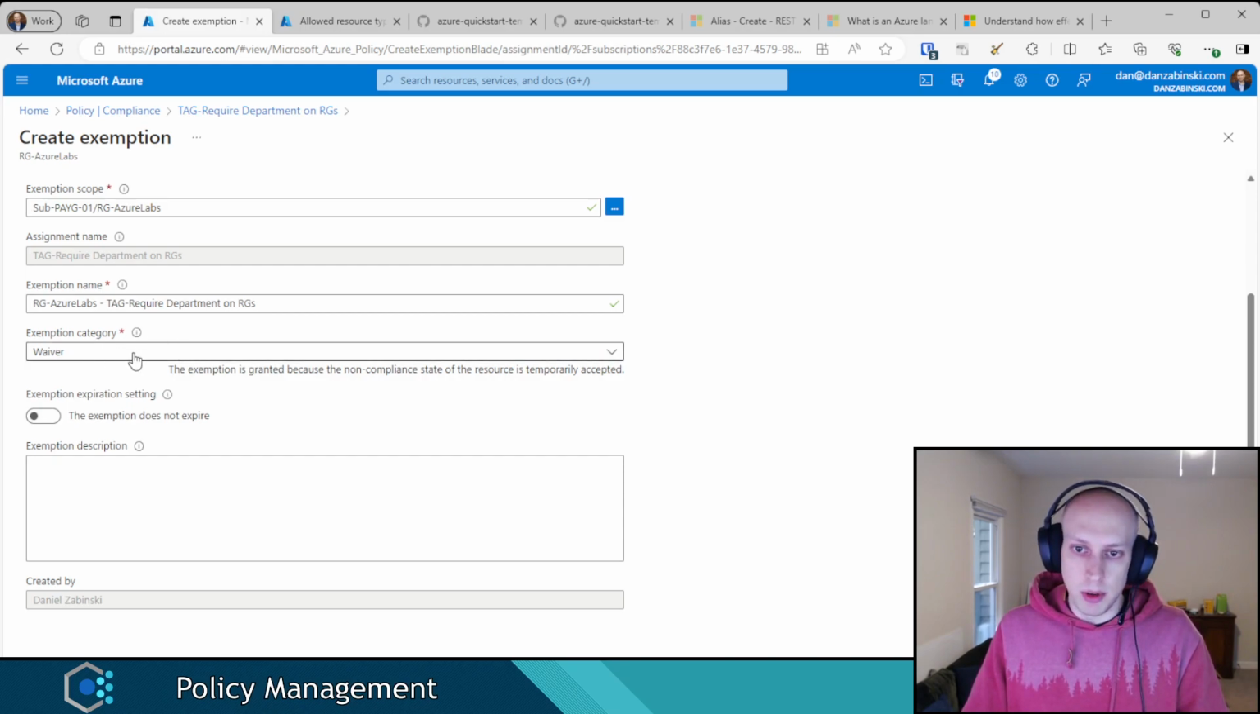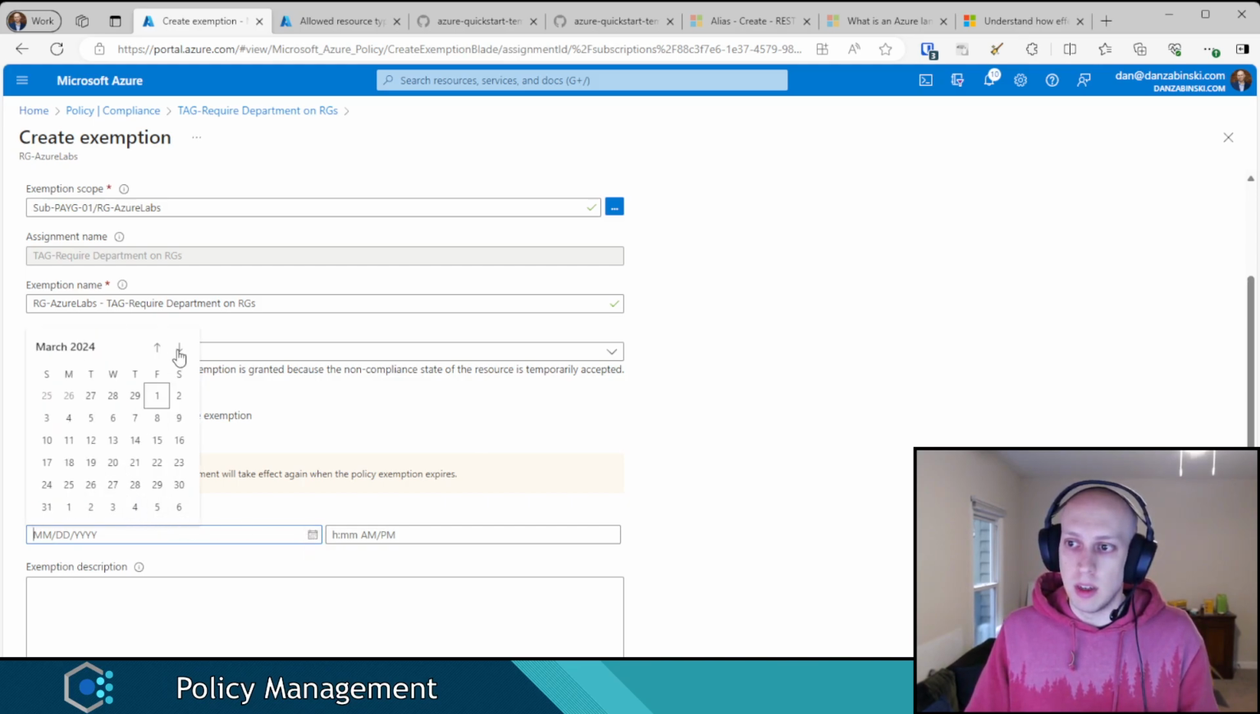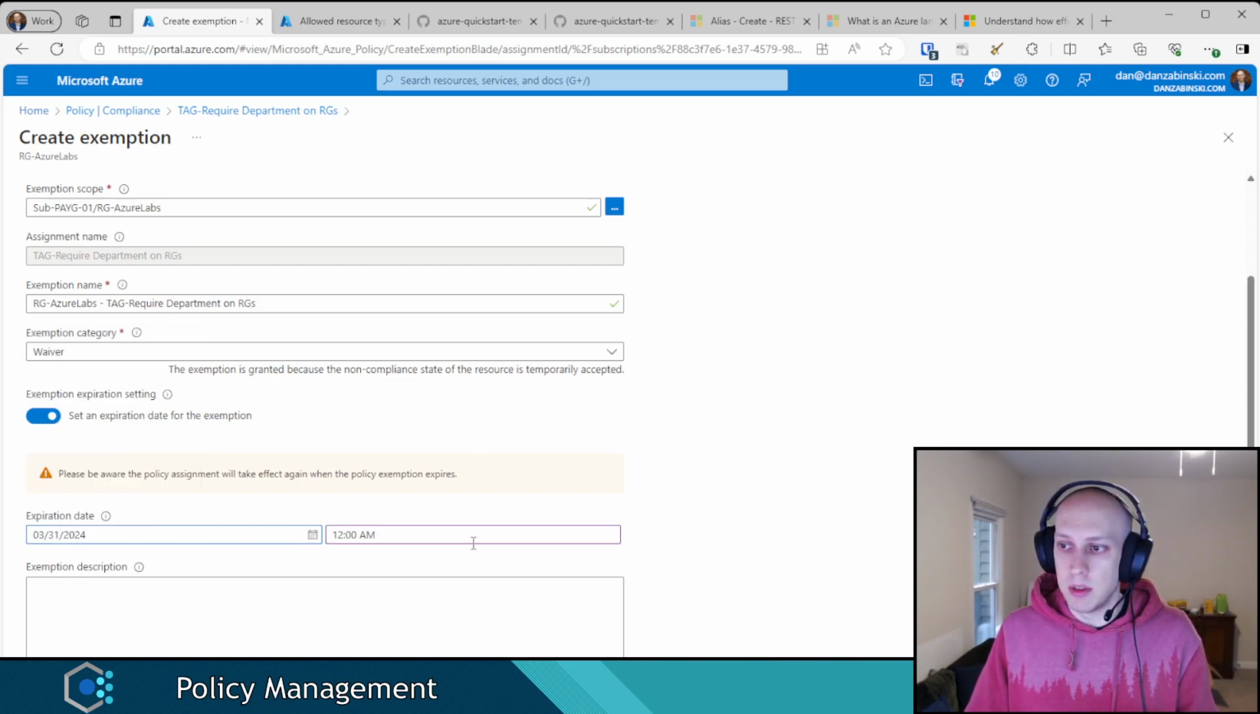A waiver is intended to be kind of a temporary thing, right? I know this doesn't meet policy right now, but I'm okay with it being non-compliant for a little while. And then you can set what's called an expiration date for the exemption, meaning I'm okay with this being in a non-compliant state for a month. So in one month's time at 12 a.m., this exemption is going to expire, and I expect this resource will